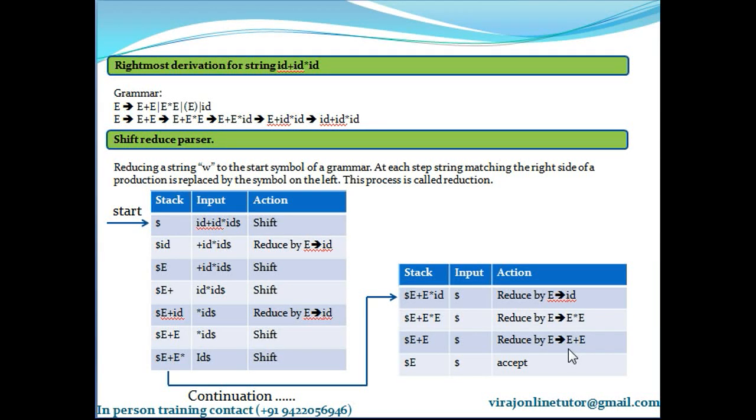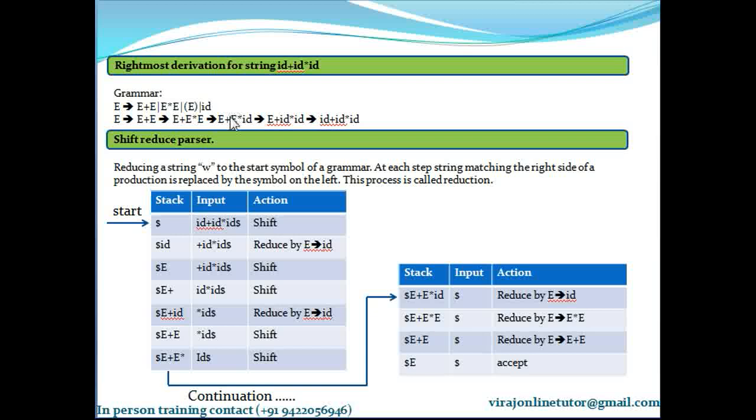Okay. So for a shift reduce parser, my simple hint to y'all is: given a grammar and an input string, please write its RMD, its rightmost derivation. And when you are using a shift reduce parser to parse this input string, it has to go in reverse of RMD. If it exactly goes reverse of RMD, that means you are correct. So to start off, I did ID plus ID into ID, which was matching this. Then I shifted this ID on the stack. Then I replaced ID with E. After replacing ID with E, I got E plus ID into ID, which is this. So from this I got this, meaning we are moving on the right track.